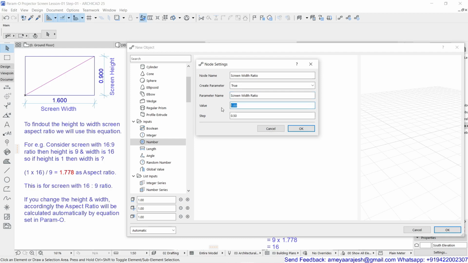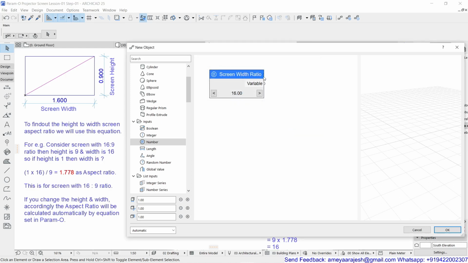The value, you can give any required value as a ratio, it's a number. So I'm going to say 16. It's a number, remember it's not a length, because we are not considering length as our input, it's just a value. And the step for the increment, so in case you want to increase this by every point, not 5 digit, you can go for that. Say okay and you will see how your first node is redefined.